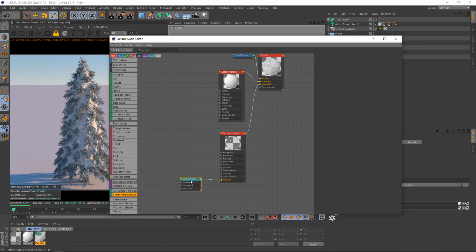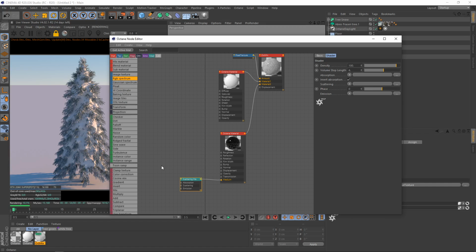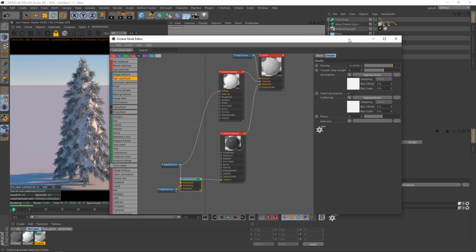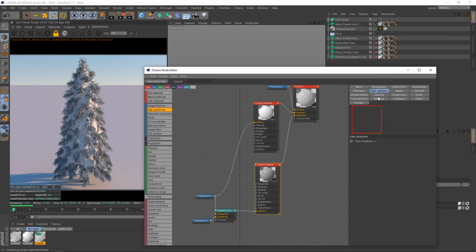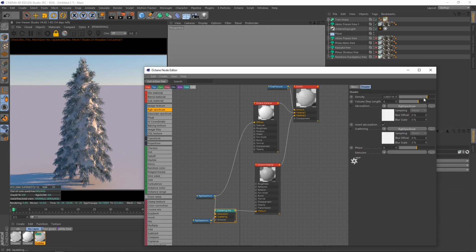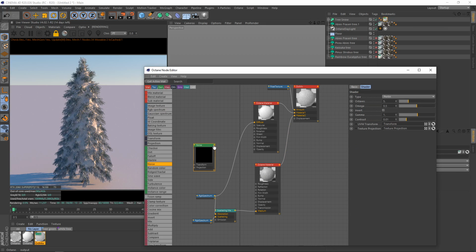So a scattering medium in there, a couple RGB spectrums, keep them white. Bring this down, bring the roughness up here too, pop that on the snow, and now it's going to be at least looking a bit better. Can mess with this a little bit, and what we'll do is we'll put in a noise, pop that in the bump of the glossy material,